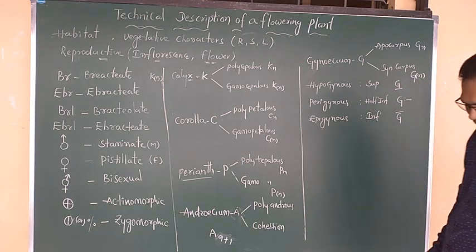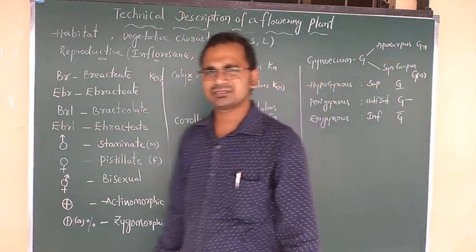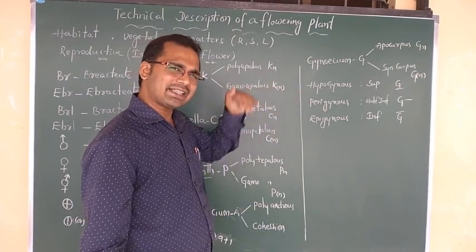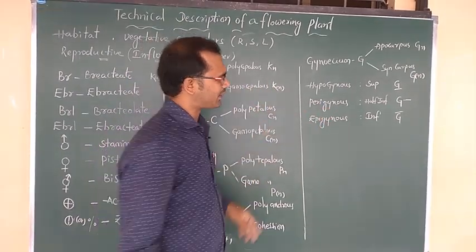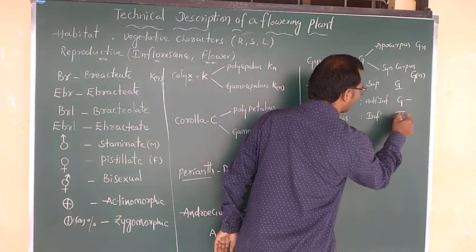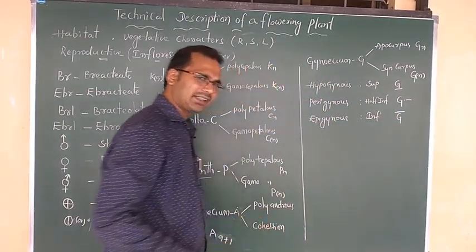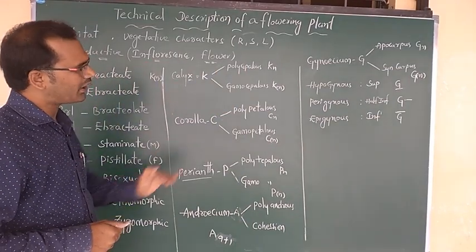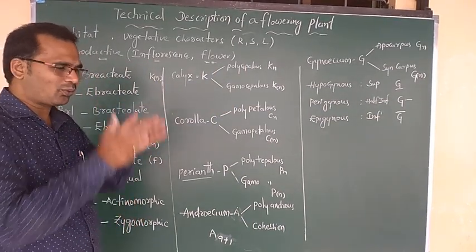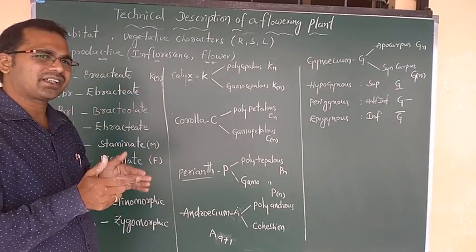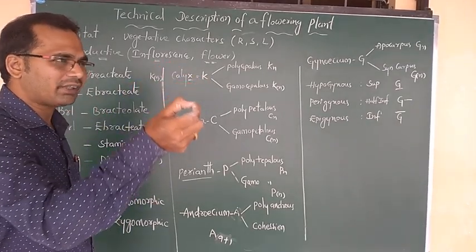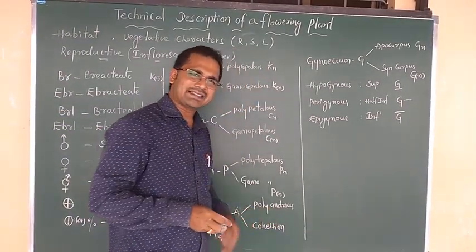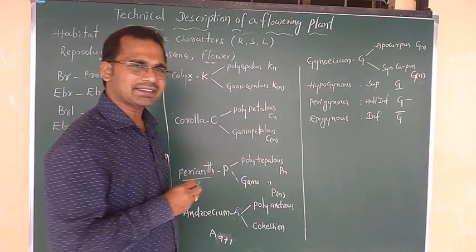Over. If the ovary is superior, draw the line below the G. If your ovary is inferior, draw the line on the upside. If the line is drawn on the upside, the ovary is down. That is called inferior. Okay? So these symbols we use to describe a flowering plant, and based on that, we say which family it belongs to. Another one: in some cases, you get two possibilities.